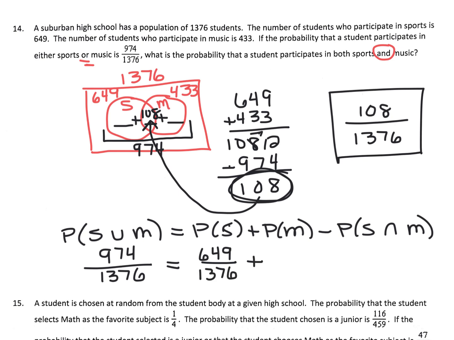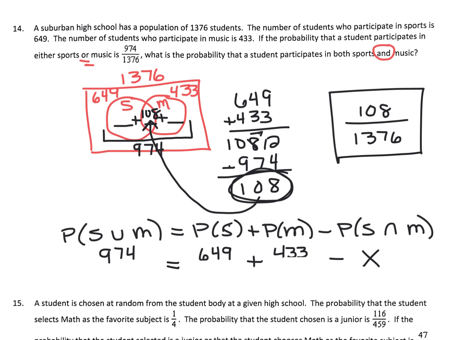And then we know the probability of music is 433 over the total. And then this is what we are solving for. It's actually easier if you want to solve this equation to just get rid of these denominators here, and just make sure that when you write your final answer, you put it over the total, right? So if we were to solve this equation,